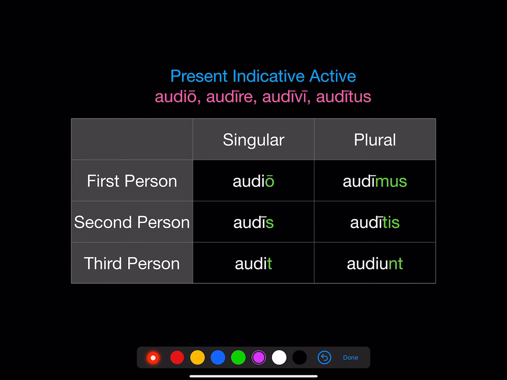Now the fourth conjugation is a bit easier. The vowel before the personal ending wants to be a long I. That's a good strong vowel, so it actually is shortened, but it sticks around before that final O. And then it's shortened before the final T here. And again, Latin doesn't like an int ending, so that's why we stick in that U there for audiunt. Okay, so that's the whole present indicative active of all four conjugations.